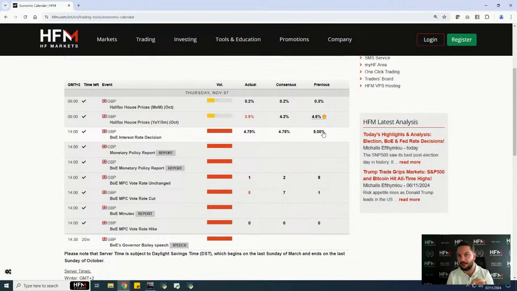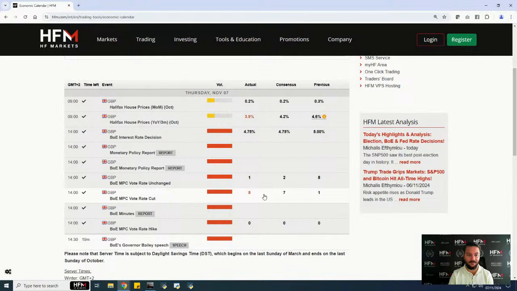So, like I said, we were expecting the Bank of England to adjust their main refinancing rate, the Bank of England base rate basically, by 25 basis points. Indeed, they did decrease it by 25 basis points. To be honest, that wouldn't have had a lot of volatility within the market. Why? Because, ladies and gentlemen, it's something which has already been priced into the market. So that's something we need to take into consideration.